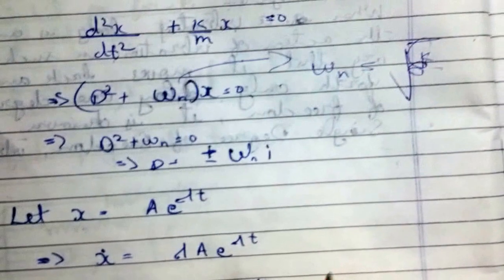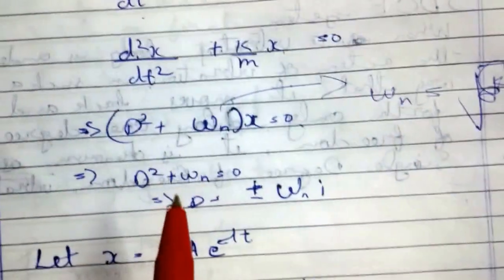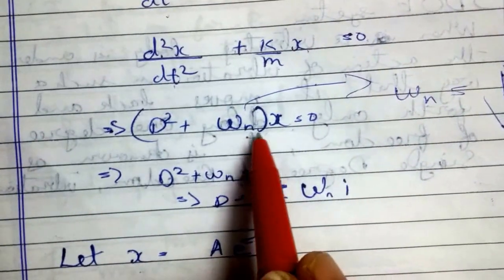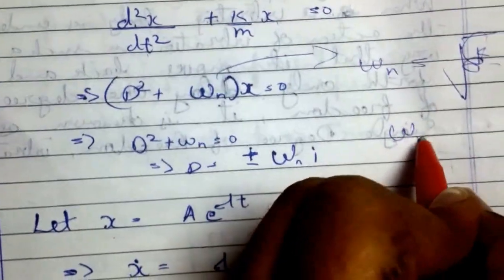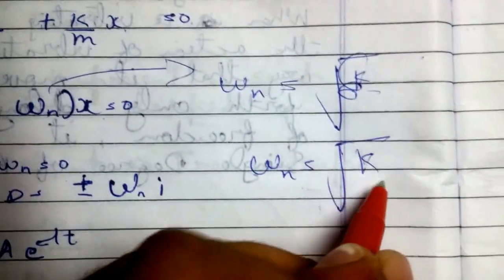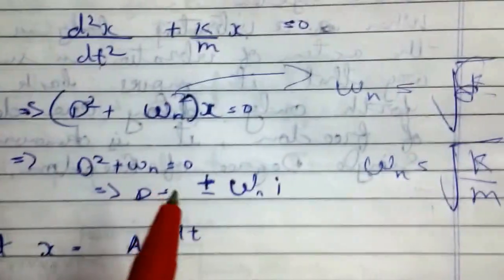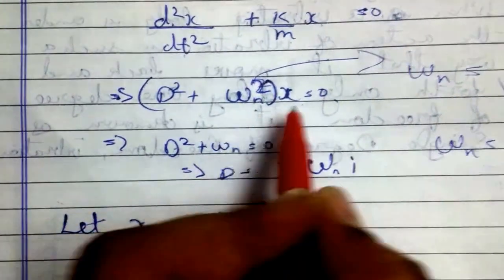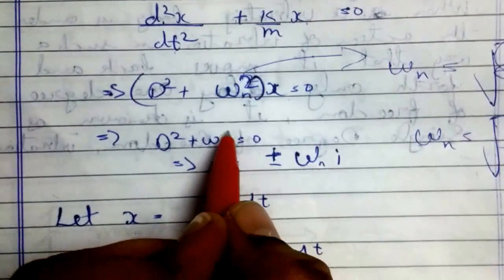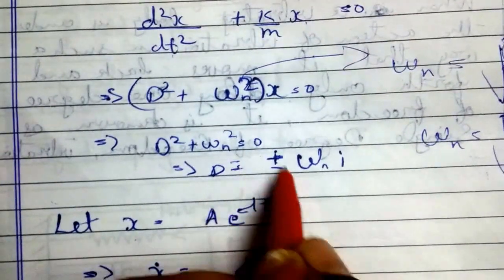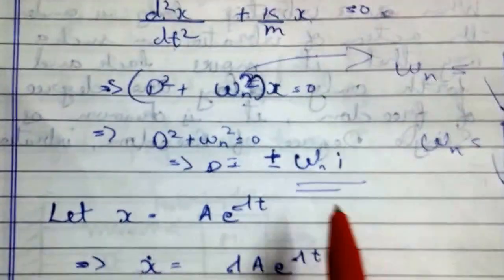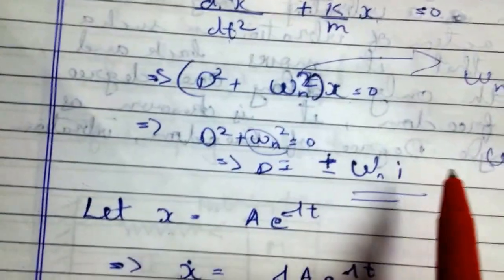So we can write omega n as under root k by m. So here it would be D square plus omega n square x equals 0, where omega n equals under root k by m. So D square plus omega n square equals 0. So D would be equal to plus or minus omega n i, where omega n is the natural frequency of